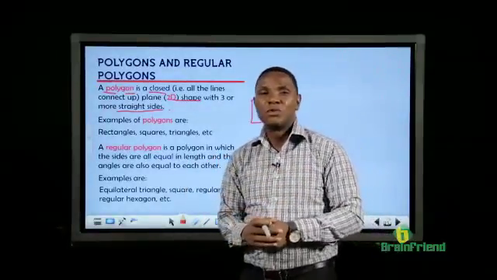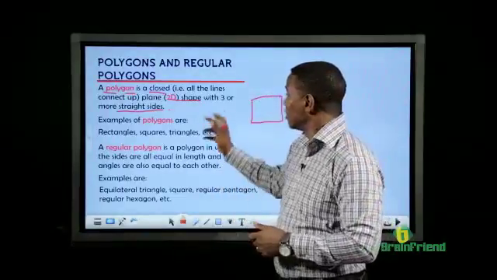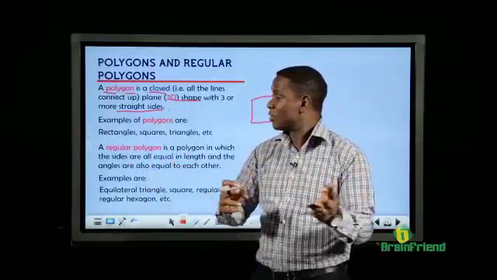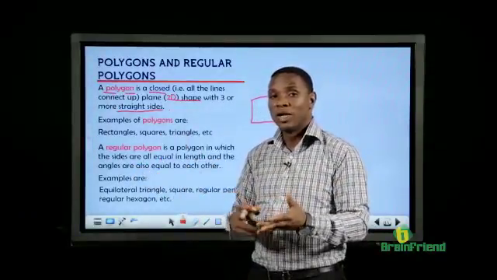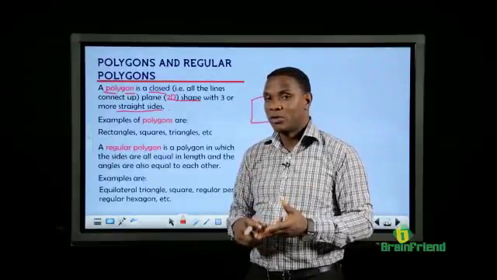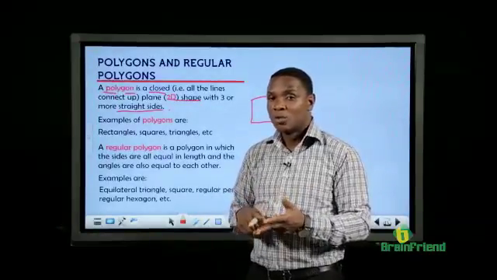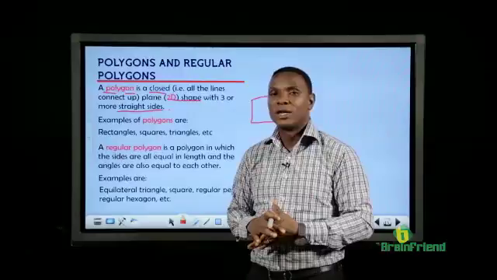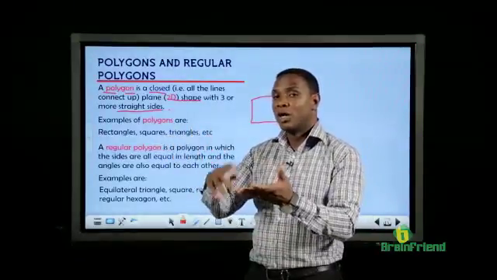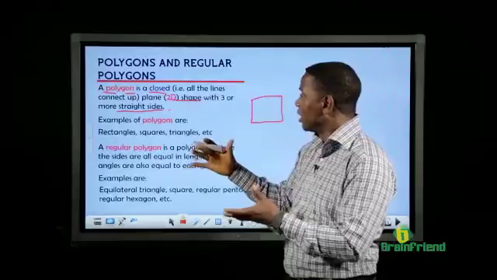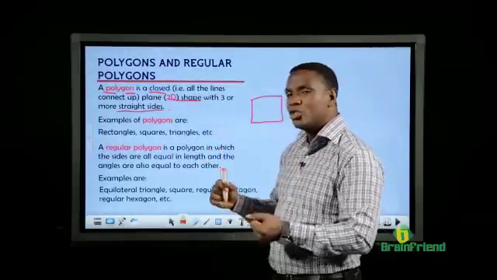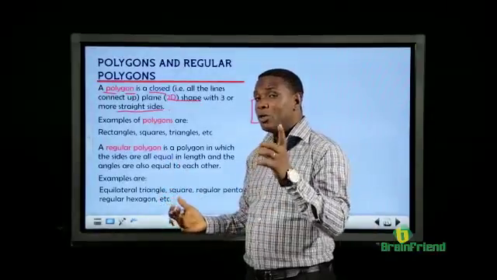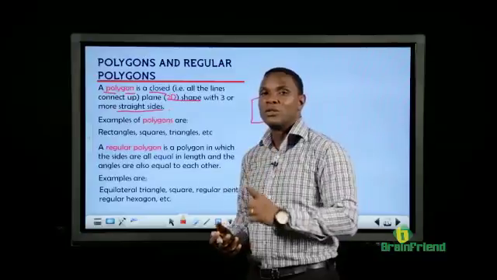Now, what are some examples of polygons? We said it has 3 or more straight sides. It means 3 sides. Remember, triangle has 3 sides. So examples of polygons would be triangles. Other shapes that have 4 sides that we've learned so far: squares, rectangles, parallelogram, trapezium. They all have 4 sides. So 3 or more would include triangle, and all of these shapes, inclusive of shapes that have 5 sides, 6 sides, and the likes. We may not dwell on that, but we can also learn quickly some shapes that have